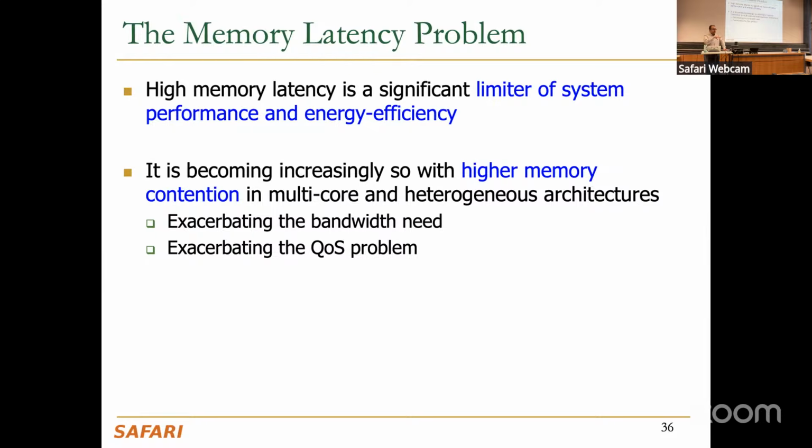So the problem is that usually requests from the CPU are much more latency sensitive, but the requests from the GPU are less latency sensitive, and they are more bandwidth sensitive. So when you run these two together and they're sharing the same interconnect and also the same cache hierarchy, you're gonna see that GPUs actually can cause a lot of latencies to the CPU requests, because if you are not